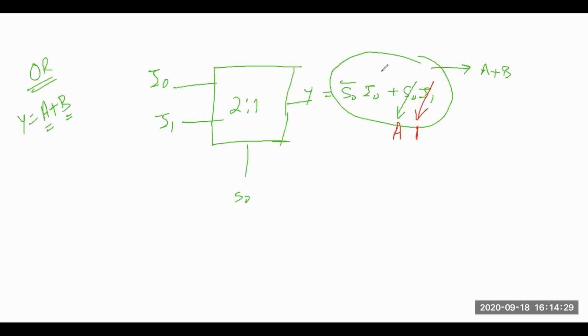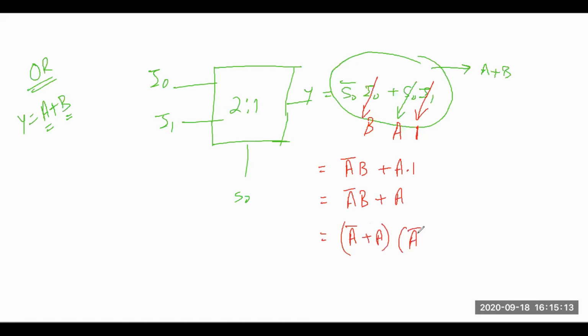Now come to this second category. If I take I0 as B, and S0 I have already taken as A, then my expression will be A bar B plus A dot 1. And this is nothing but A bar B plus A. And the same thing I can write in this way also, A bar plus